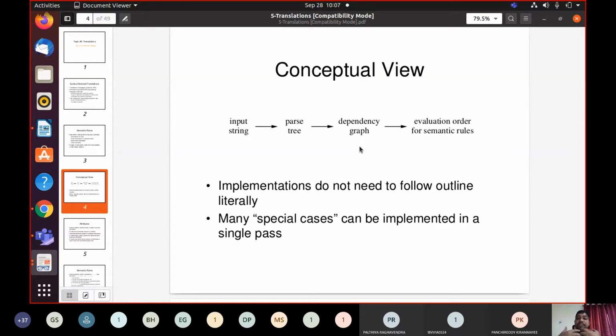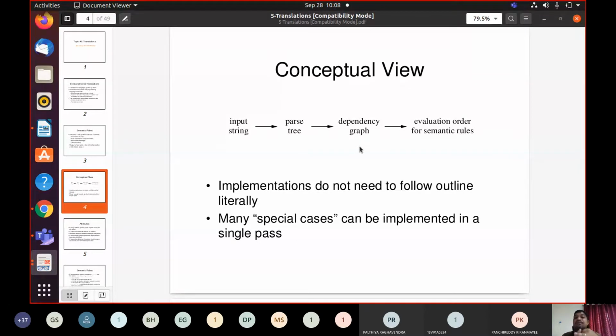Here you need to know what a dependency graph is. Say x equals y. If you want to find out the meaning of x and y, you need to know the type of x and the type of y. The statement x equals y is dependent on x and y.